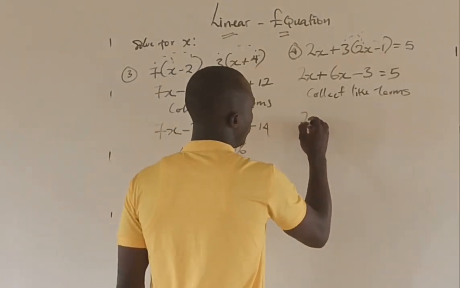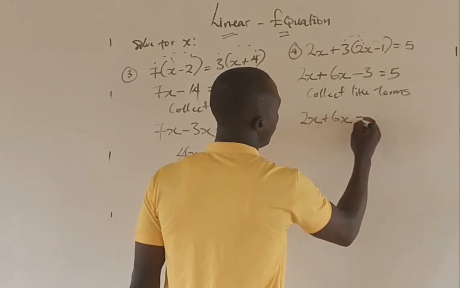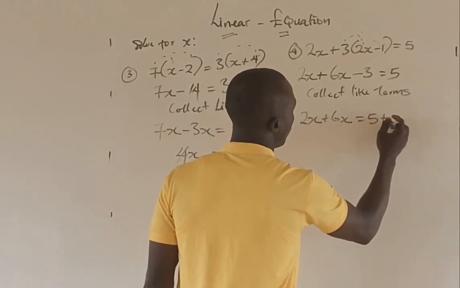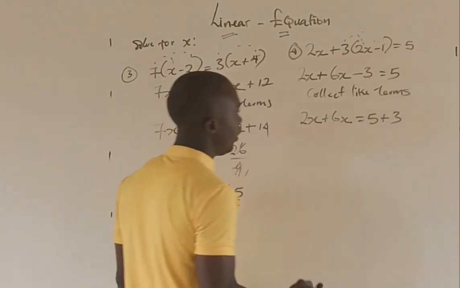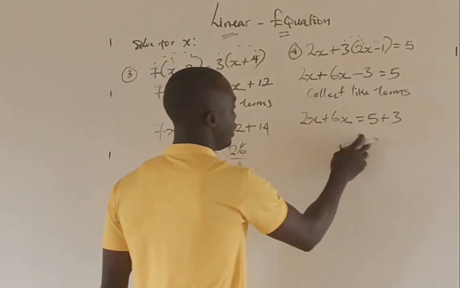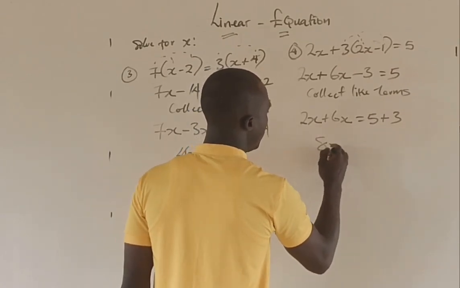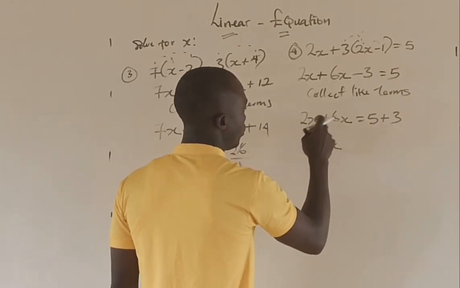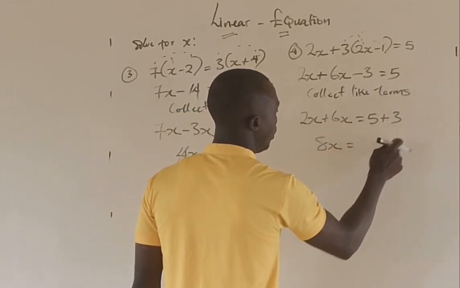We have 2x plus 6x equal to 5 plus 3. Minus is crossing over, becomes plus. So here will give us 8x. That 2x plus 6x will give us 8x equals to 5 plus 3,